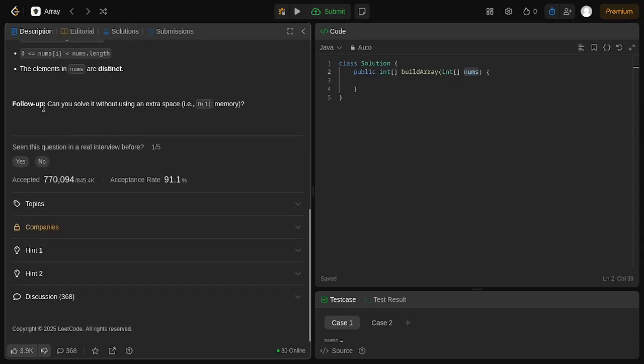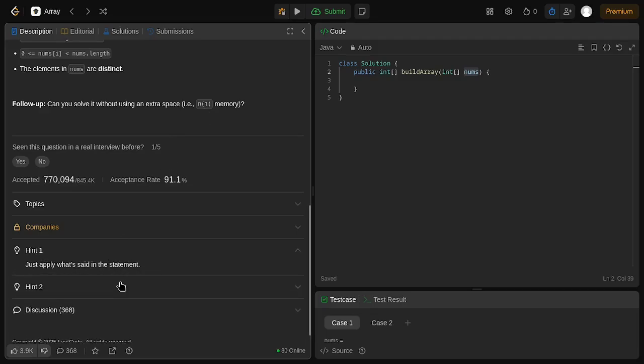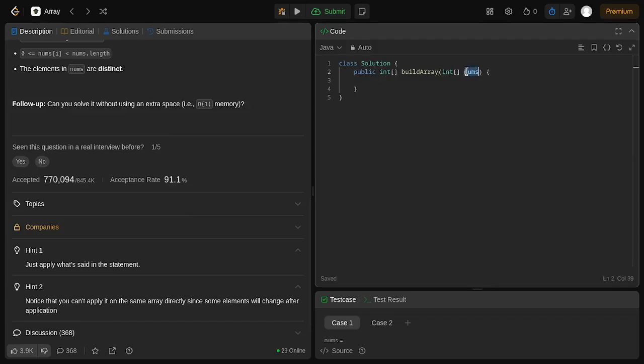And then for the follow-up question, can we solve it without using extra space? For example, Big O notation of just O(1) memory complexity. For hint number 1, just apply what's said in the statement. For hint number 2, notice that we cannot apply it on the same array directly, since some elements will change after application. So in short, we cannot mutate the nums array parameter directly, because it will mess